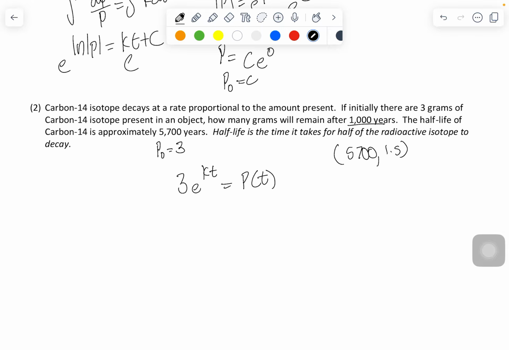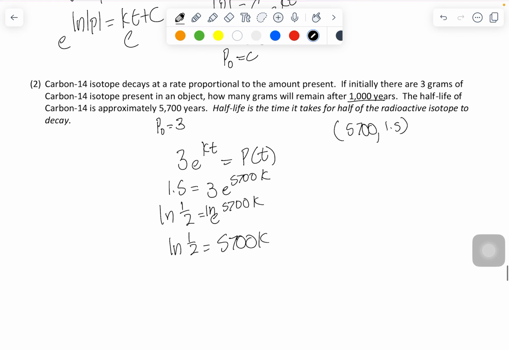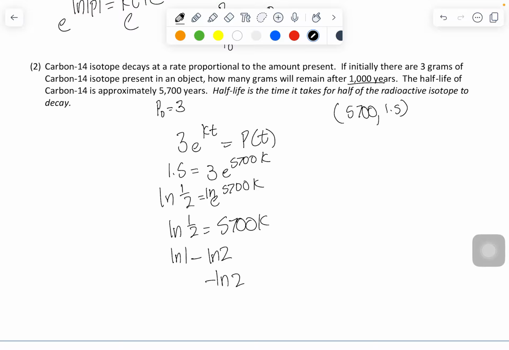So now we can solve for a k value. So 1.5 equals 3e to the 5,700k, right? So then 1/2 equals e to the 5,700k. If we take the natural log of both of these, ln of 1/2 equals 5,700k. We can rewrite ln of 1/2 as ln of 1 minus ln of 2. So that means negative ln of 2, since ln of 1 is just 0, equals 5,700k,